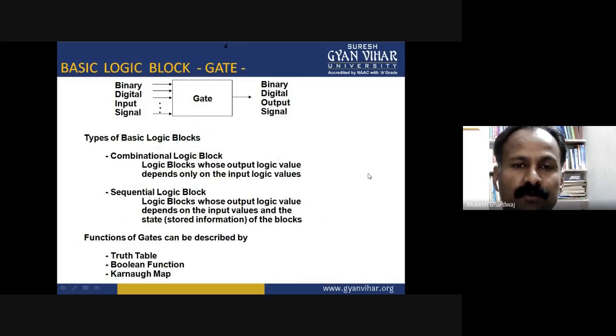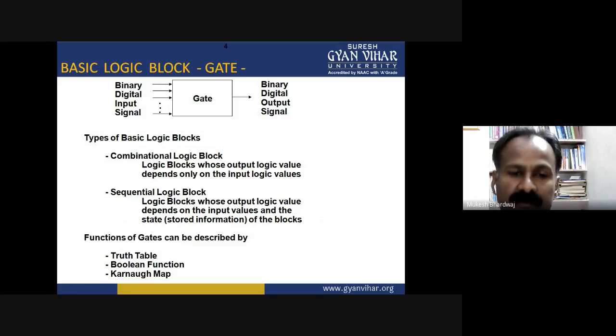Binary digital input goes through the gate and is converted into a binary digital signal output. Types of basic logic blocks: combinational logic blocks, whose output logic values depend only on the input logic values. Sequential logic blocks, whose output logic value depends on the input values and the state, the stored information of the block,